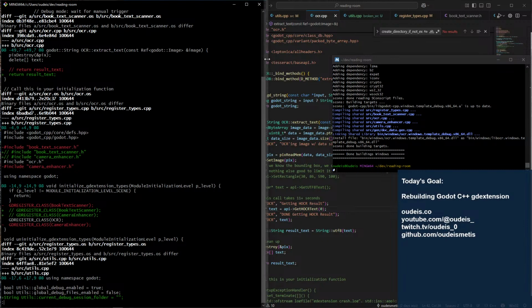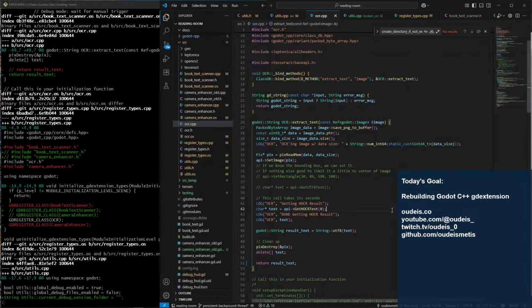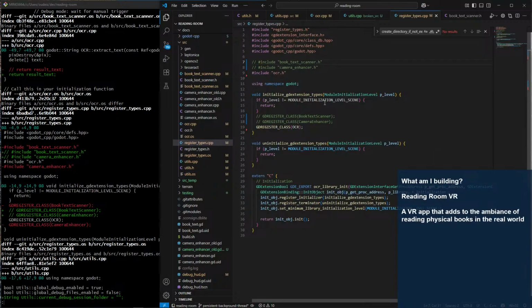Wait, what? Registered. Why were these... Oh, these were commented out. But it was saying it couldn't even load the thing.